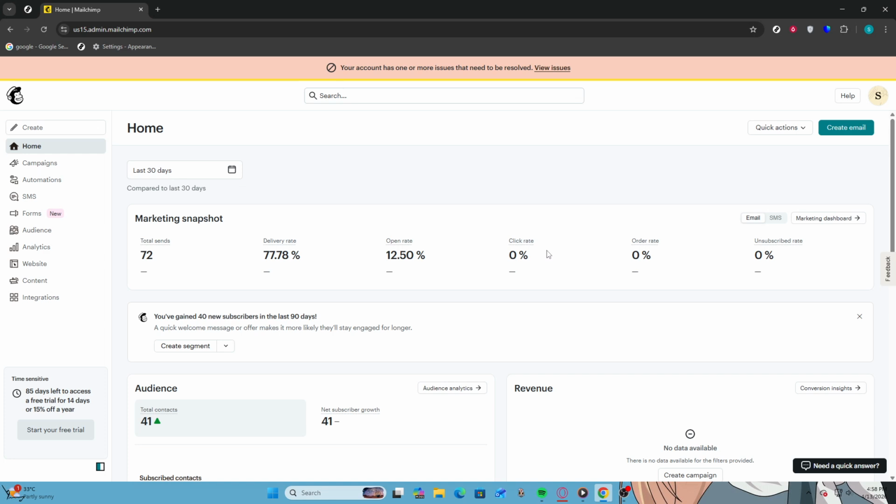Begin by navigating to the Mailchimp homepage. Ensure you are logged into your account. If you are not signed in, you will need to enter your credentials on the login screen. Once you have successfully logged in, you will be directed to the main dashboard where you can manage your campaigns